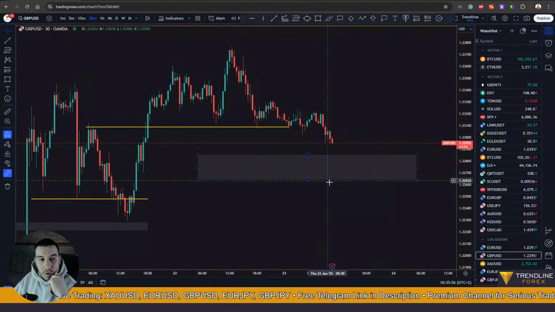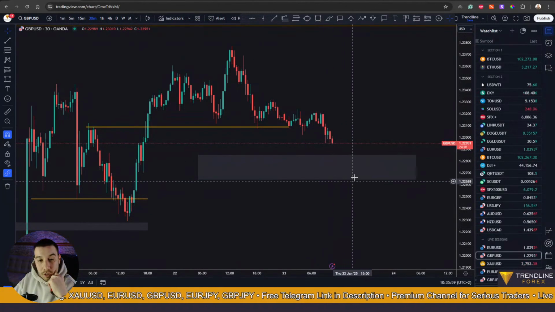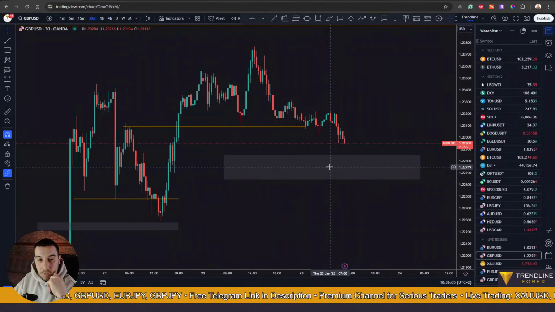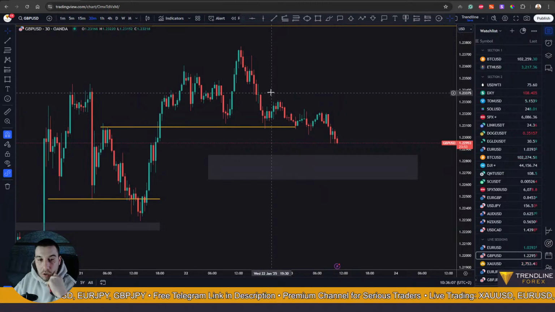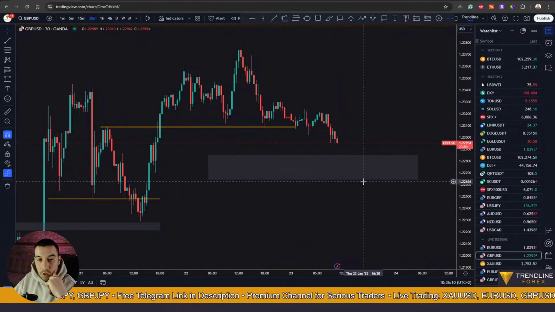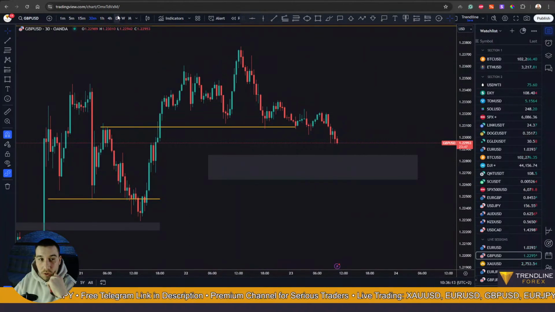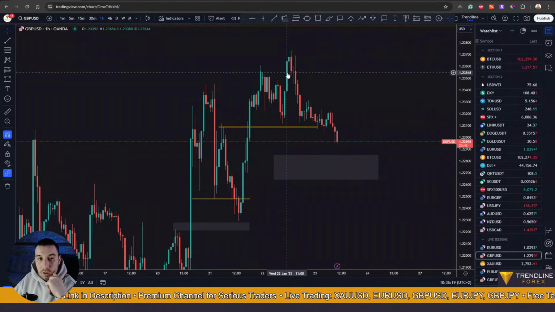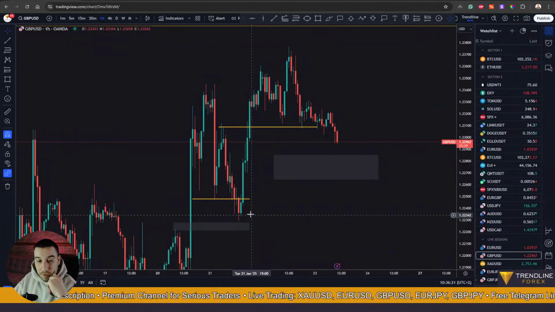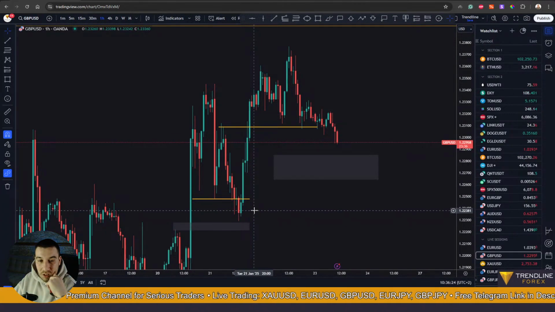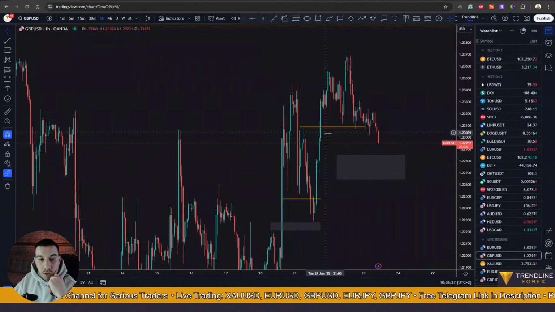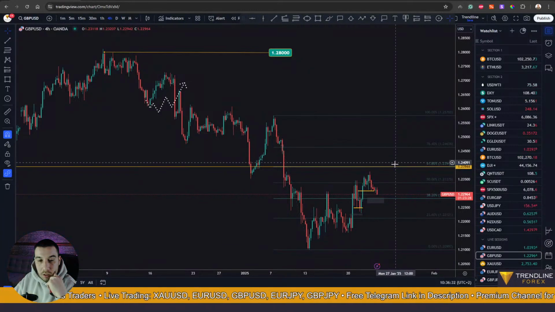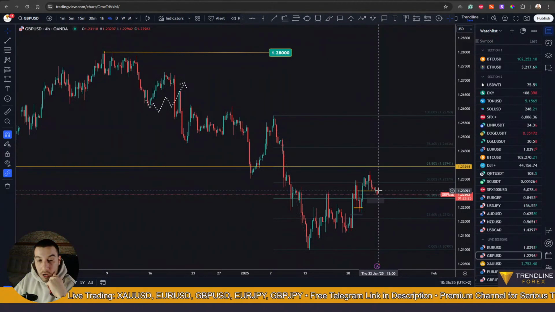Now, if I get an entry around this area here on GU and price goes into my favor, I'm gonna try and move my stops to break even as soon as possible because I'm not sure how long and how far down this pullback will eventually continue because we've just taken out those 1 hour highs. So we may be looking at a bigger pullback here to potentially retest the previous lows, even though it looks quite far. If this whole move will continue a little bit higher, but yeah, I eventually want to see it testing